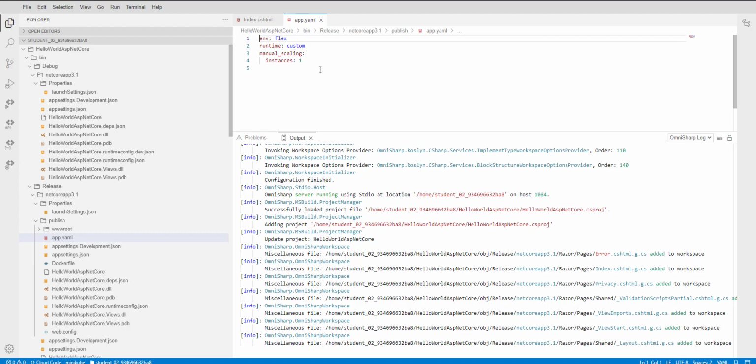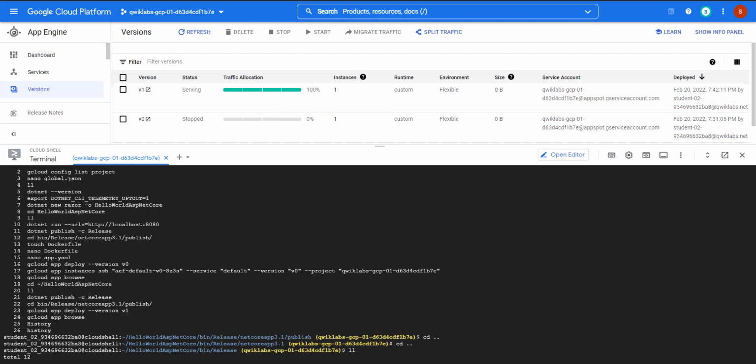Once these two files are created, this is the command to deploy the application: gcloud app deploy --version. This is the first-time deployment, so you have to mention the version name. Here I have mentioned v0, but you can mention anything.